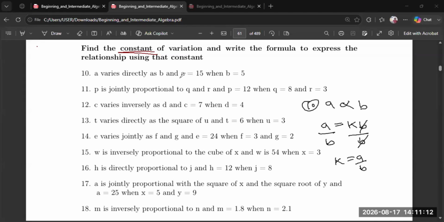So I want to see that in this equation that I've formed. K is equal to 15 all over 5. Therefore, K is equal to